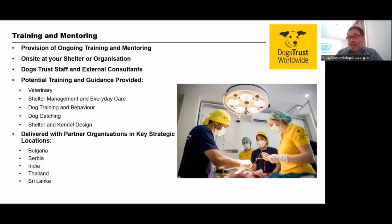Dogs Trust Worldwide is also able to provide training and mentoring to partner organisations by Dogs Trust staff or external consultants. This training would normally be delivered at your shelter or organisation over a week or two, and also involve ongoing mentoring and follow-up training where required. We are able to potentially offer veterinary training, particularly veterinary nursing skills if you have a clinic at your shelter, for instance, as well as training and mentoring in shelter management and the everyday operations and care of the dogs